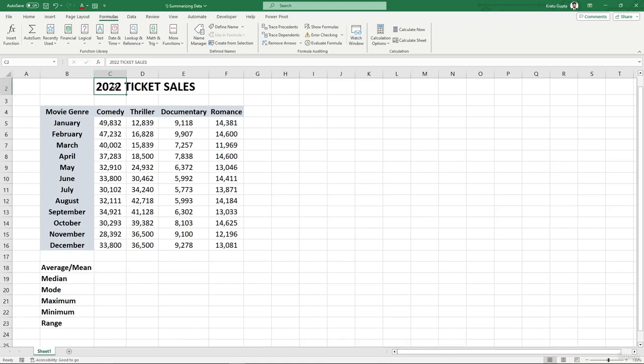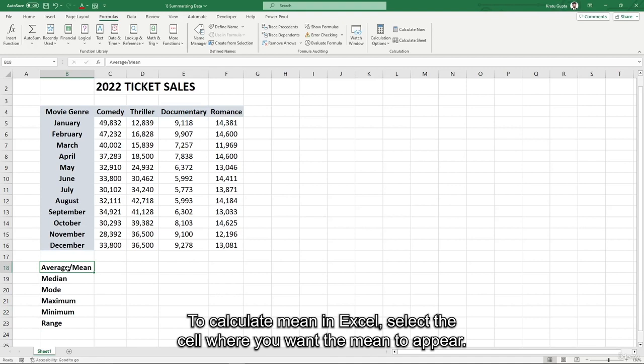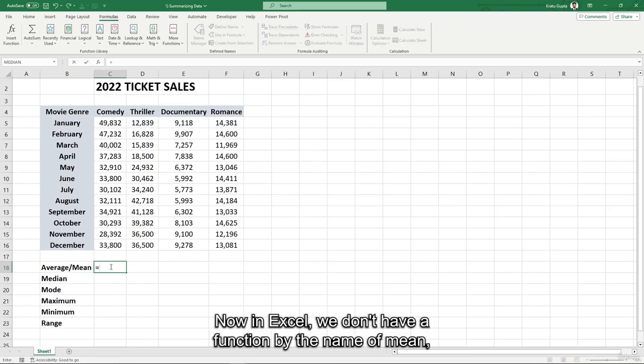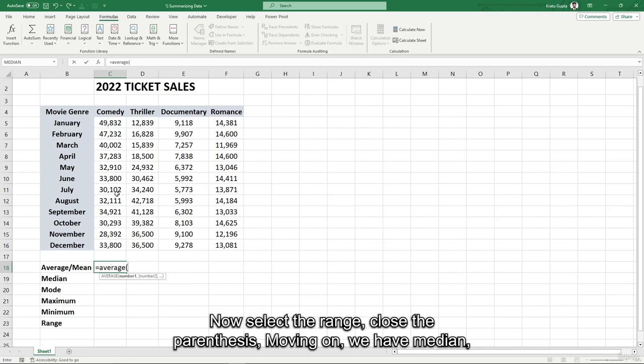summarize data. This workbook contains data for 2022 ticket sales, where we have different movie genres and sales within different months. Talking about mean first, it represents average value. To calculate mean in Excel, select this cell where you want the mean to appear. Here it is C18. Now in Excel, we don't have a function by the name of mean, rather by the name of average. Now select the range,